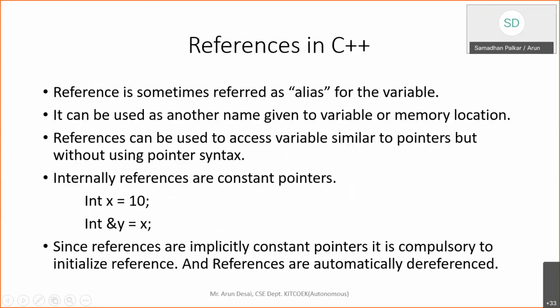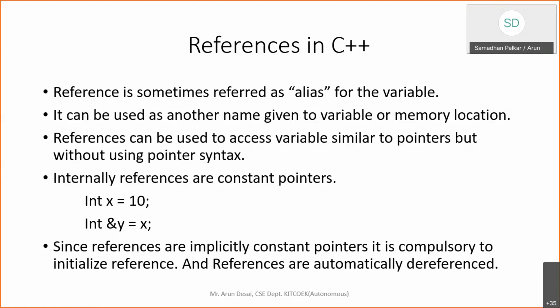Just like you went through pointers, right? Just like pointers, references are there in C++. So what is a reference? You can say it's an alias name for a given variable. Basically, or you can say implicitly, a reference is a constant pointer, but you can use it in a simple way,